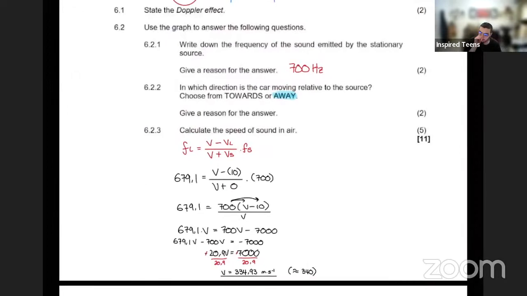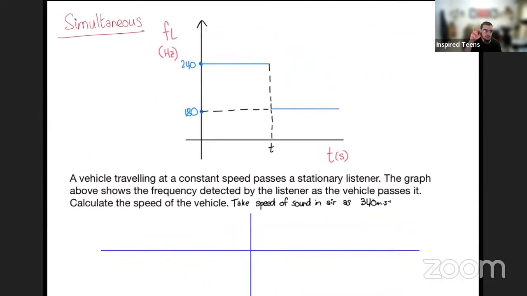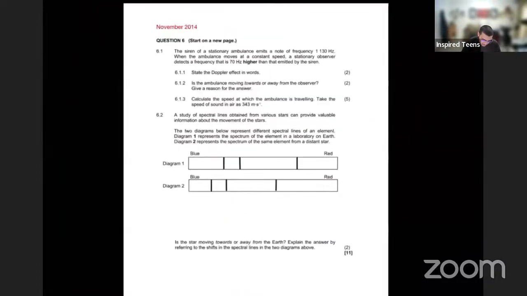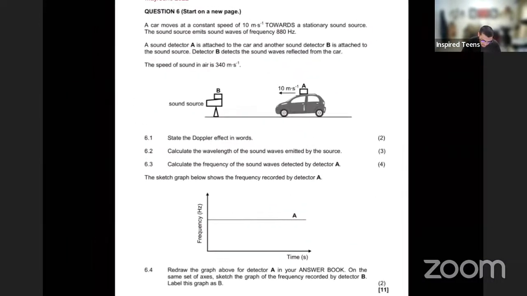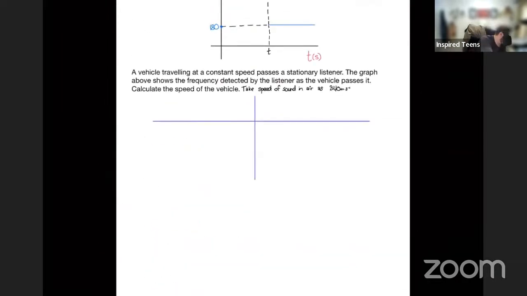Okay, so we will have to do another lesson. Maybe we're gonna do another lesson. We have to do a simultaneous example. This is generally the hardest question you can get, even though it's not really difficult once you understand it. And then maybe we'll do another question with some theory. We'll probably just aim to do these 3 questions next week, and then we'll move on to the next topic, which is